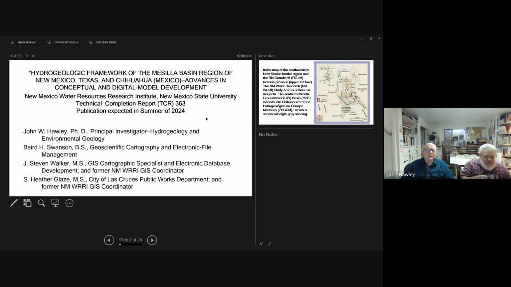And so I've been working on advances in conceptual and digital model development way back. I started in Nevada in the 1950s, and geology, as you know, is an iterative thing. It's like Groundhog Day. You wake up each morning and you have to do it over again, but you gradually progress.